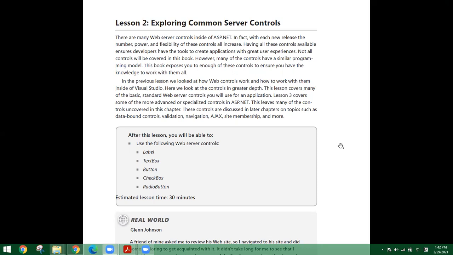So that's it. But this time we are going to talk much more specifically about each of the components. Basically, it's not too much: label, text box, button, checkbox, and radio. Next time we will talk about some more complex components. So